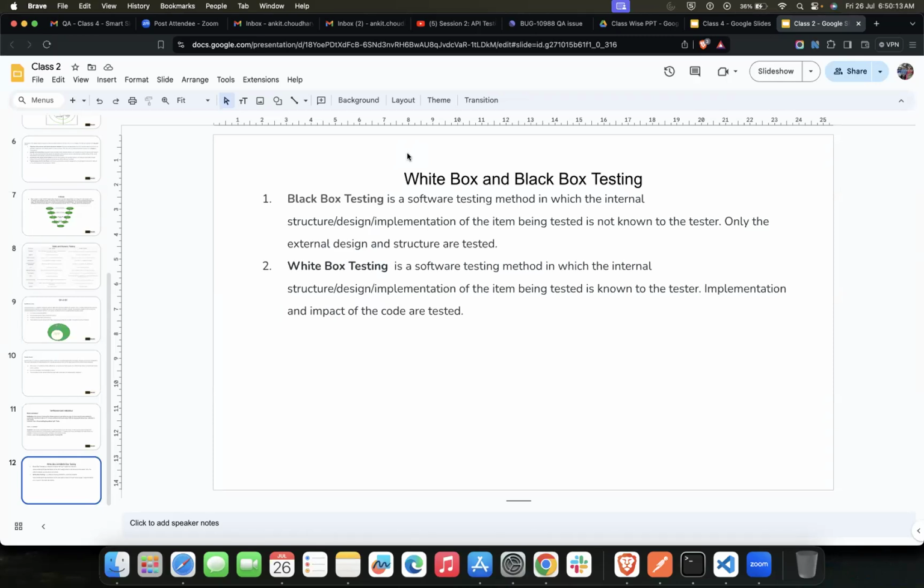An example would be if I'm testing the UI of an application, but the source code has not been given to me. That's the condition. I'm not able to access the source code anyhow.